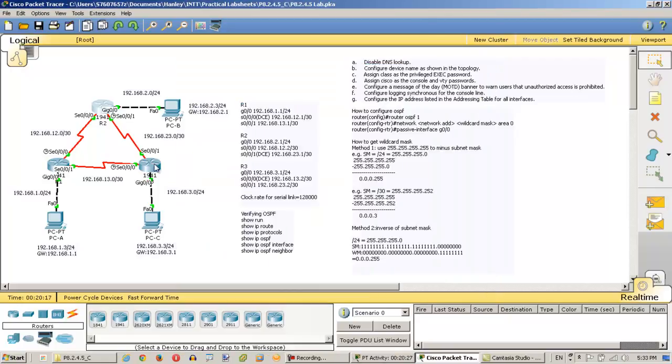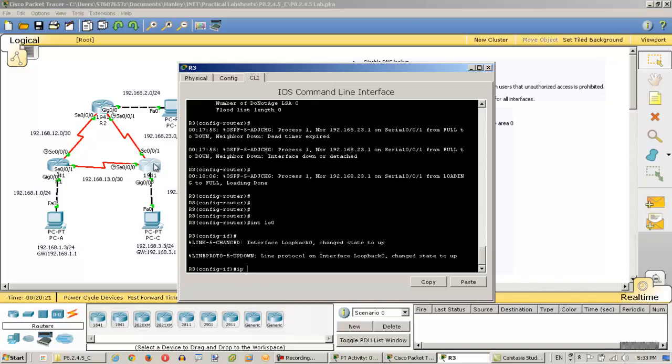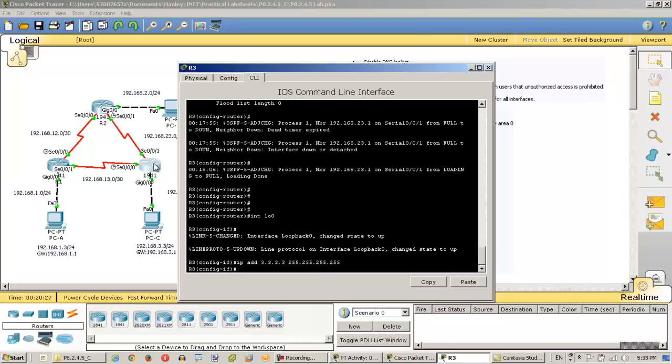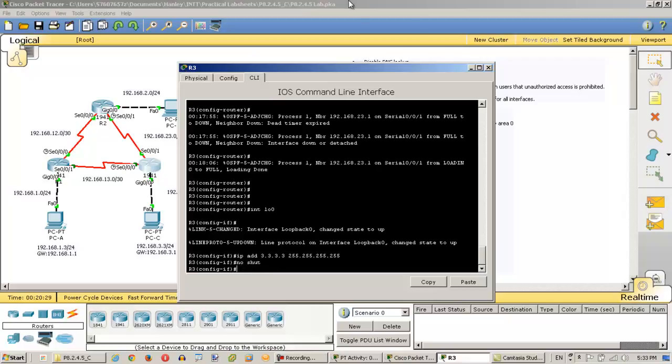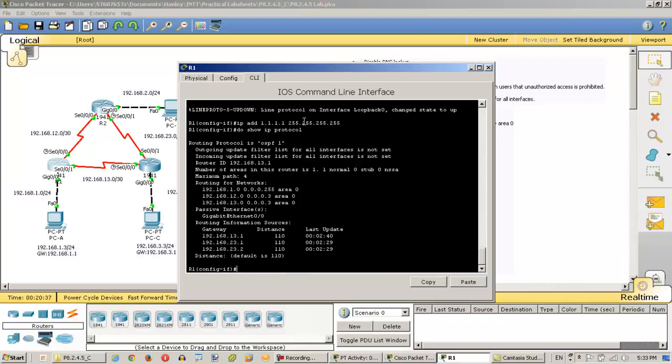Same thing for R3: interface Lo0, IP address 3.3.3.3, 255.255.255.255, no shut. Okay. So when you do a show ip protocol,